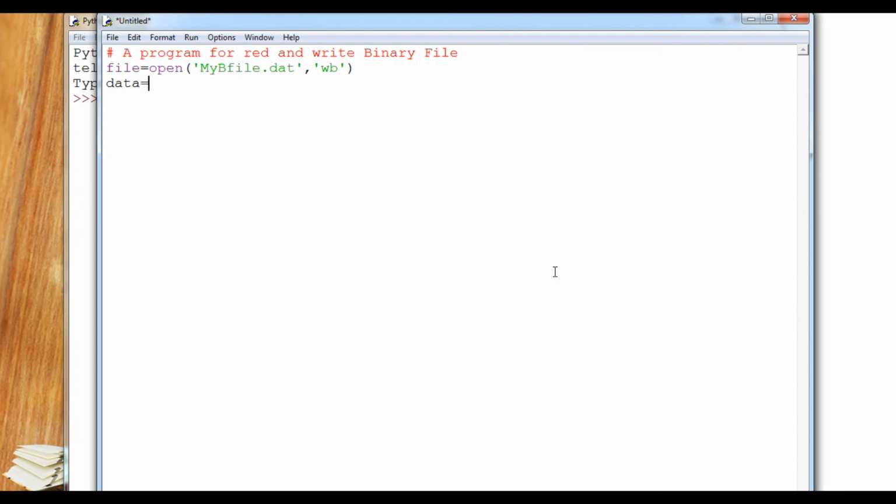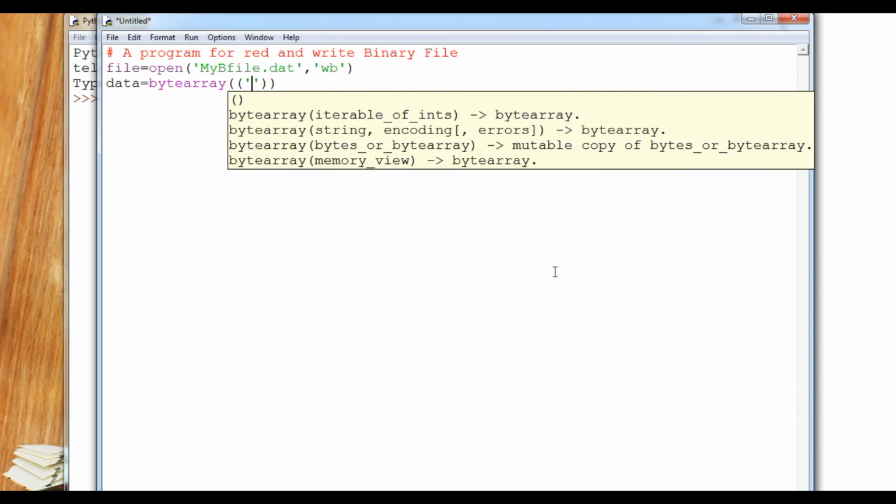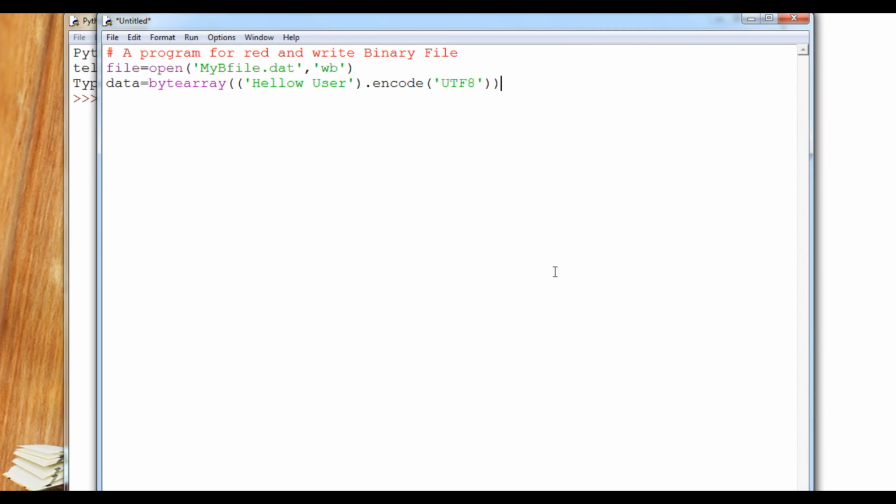So data equals bytearray. Within that I will create hello user, then encode it in UTF-8 format, and then file dot write data, and then file dot close.